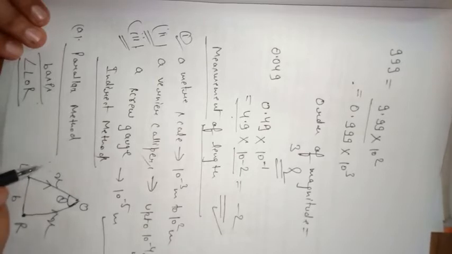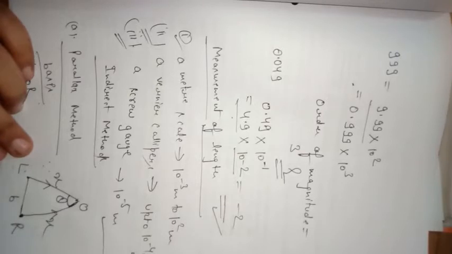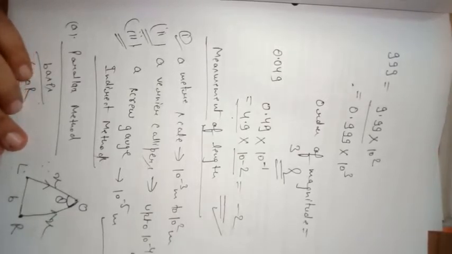As I have just considered this object in the middle, these two distances are equal. Suppose this is x from the left eye, then this is going to be x from the right eye as well, as I have considered the object just in the middle. So I hope you understood this.